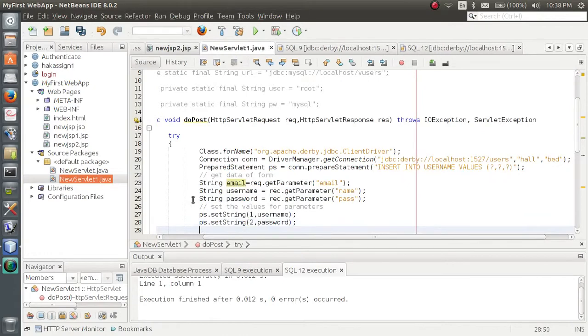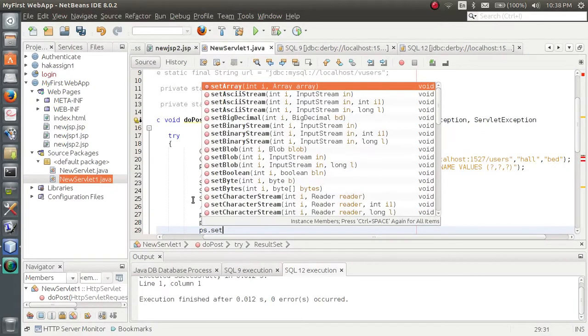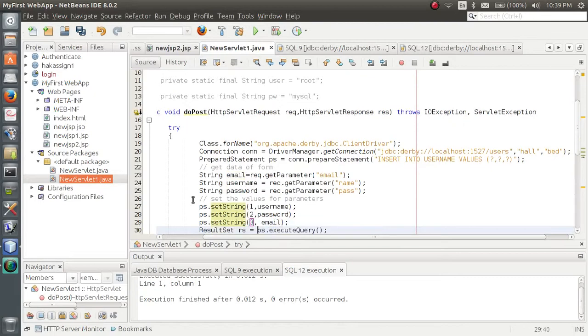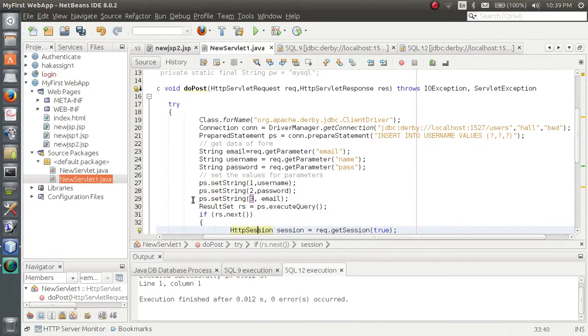Now I will set the strings of the prepared statement. So I know it's the third column and it's email. So now, instead of execute query, I have to just update the database.